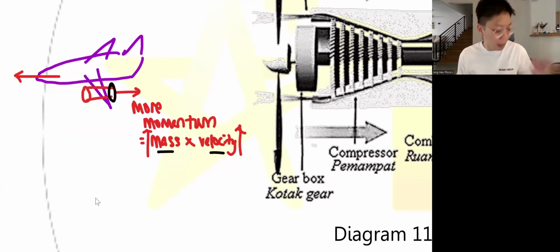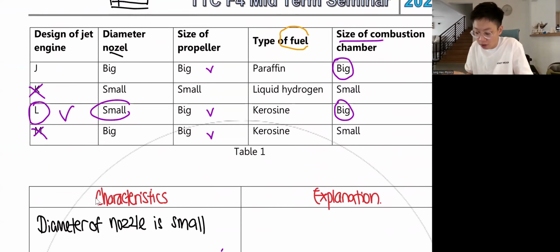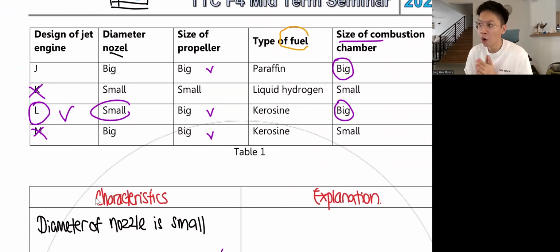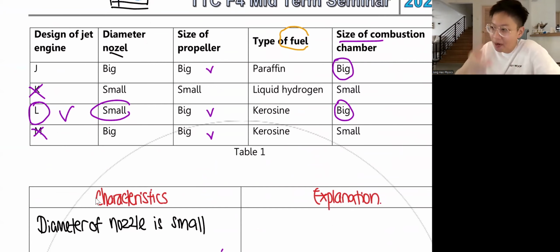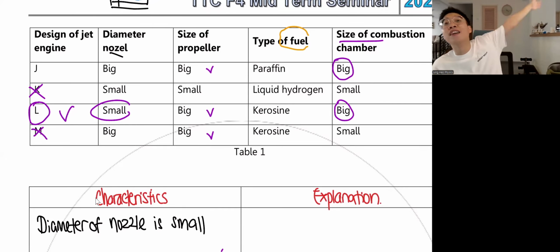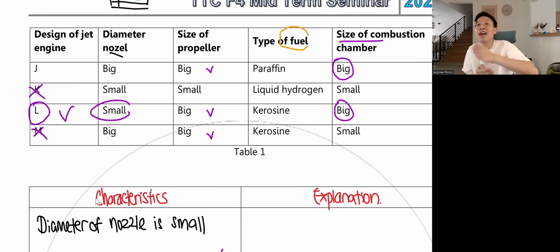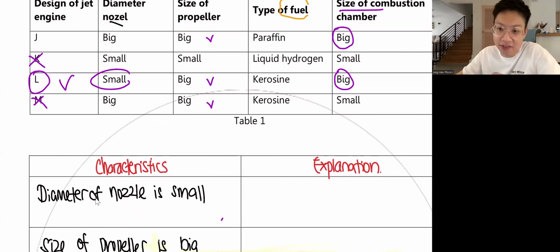Okay. So just now, in my morning class again, someone asked me, teacher, why narrow nozzle? Why is a smaller diameter going to give you higher velocity? It's a very interesting question. You all have played with a rubber hose before, no? When you have to water the plants outside, and the plant is very far, you want to spray the water further. So what do you do? You squeeze the tube, right? So you squeeze the tube, the water is forced, so it flies faster, right?